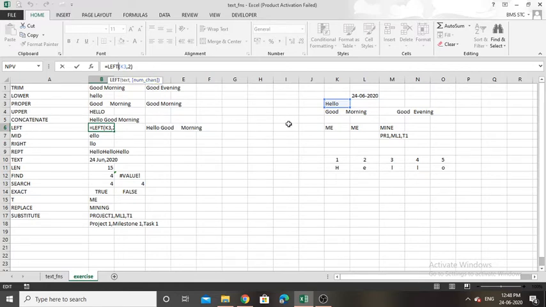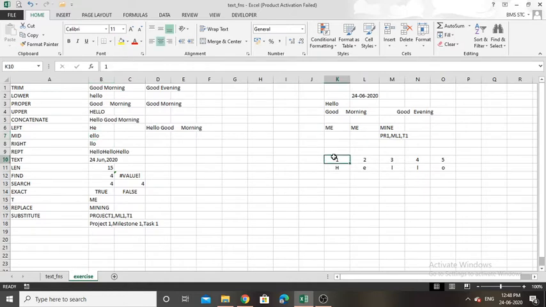I selected the word hello, and I also displayed the indexing of hello here. As you can see, H is at the first index, E at the second index, L at the third index, the next L at the fourth index, and O at the fifth index.